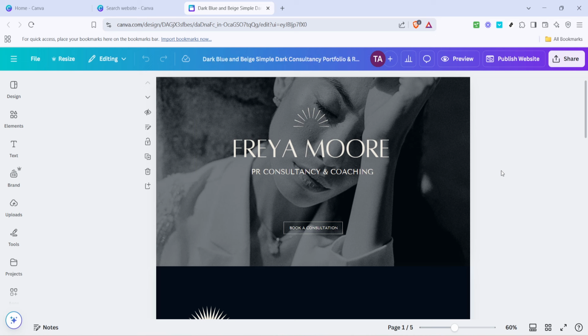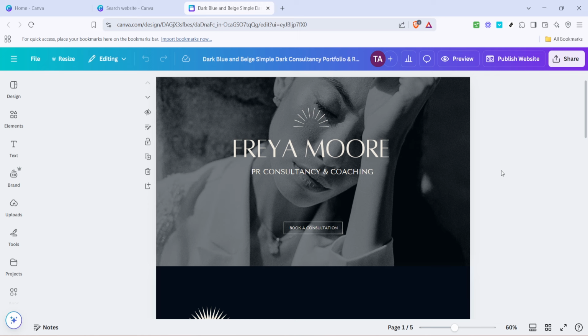You now have full control over the design aspects of each page. Customization is where Canva truly shines, offering a user-friendly interface that requires no prior design experience. With your template ready, the next step is to make the site your own by editing the text and images. This customization process is as simple as clicking on the text you wish to change, typing in your content, and